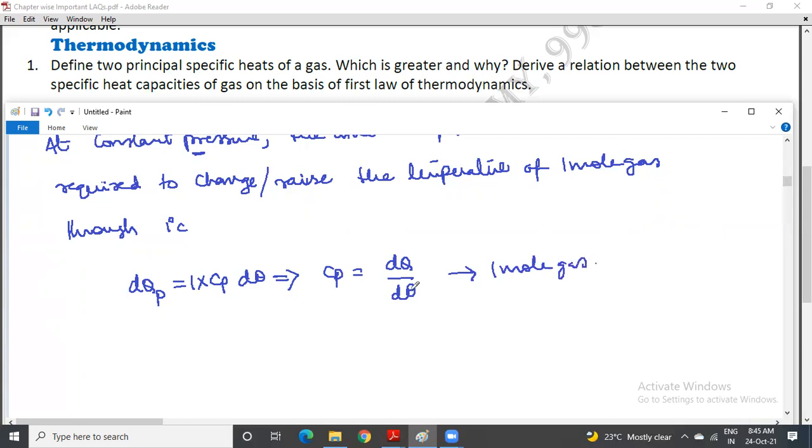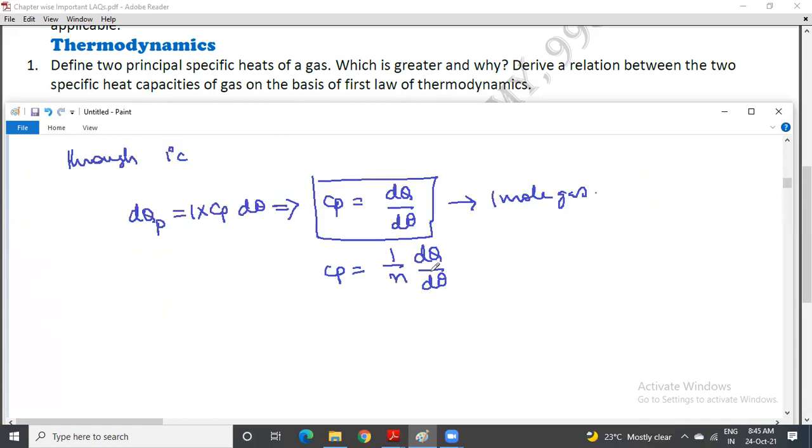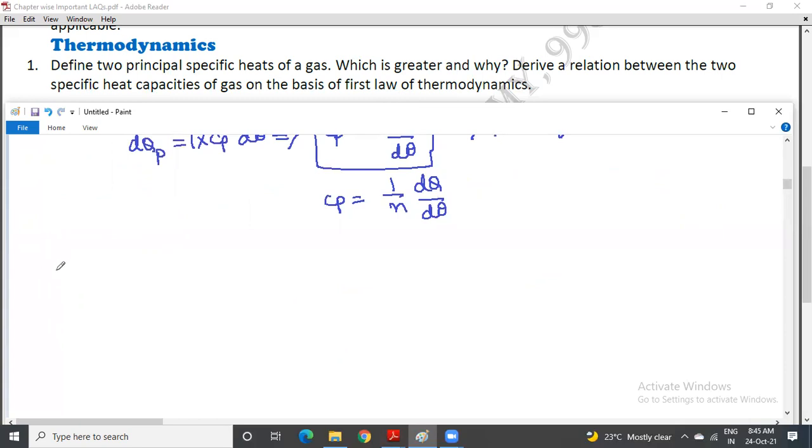Next, even if n moles are taken, you can write 1 by n with the dq by d theta. So these are the definitions. Now, which is greater and why? The answer is Cp is greater than Cv. You need to write it like this. To prove or understand this, you need to write: at constant volume,